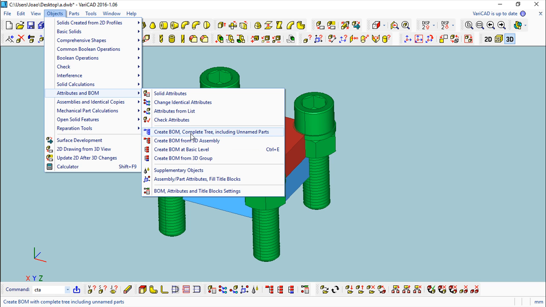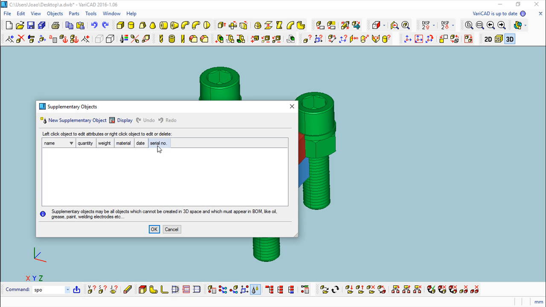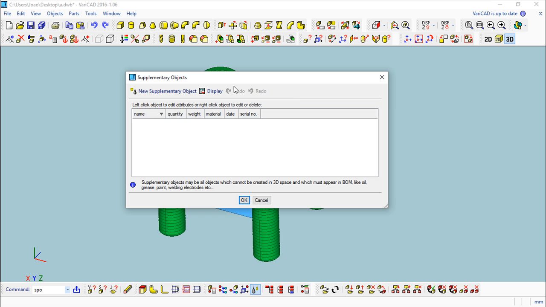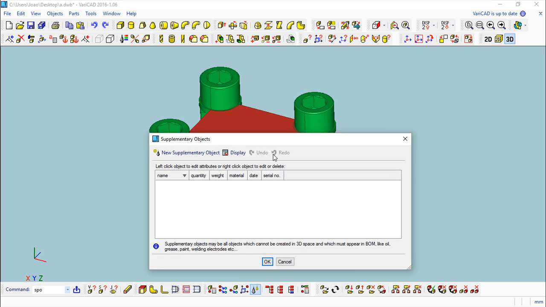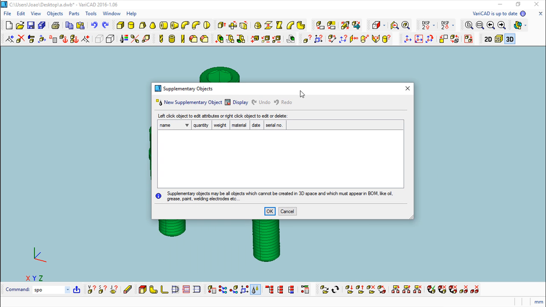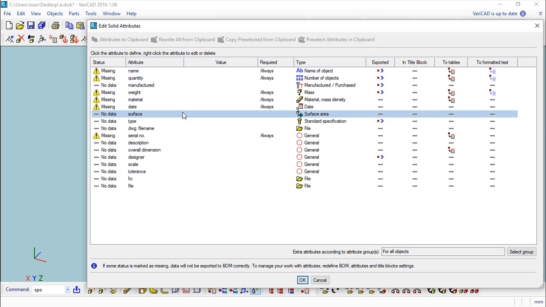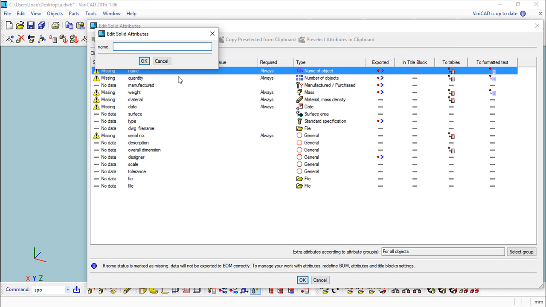Before I create and show you how to work with this, I need to talk also about these supplementary objects, because we can create other objects besides the ones that are here in the 3D environment. And we can consider these like paint, oil, these kinds of items that you cannot design. So let us create, for example, one, and say oil,